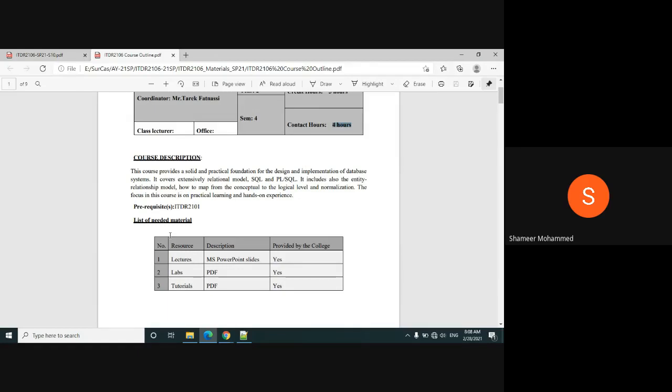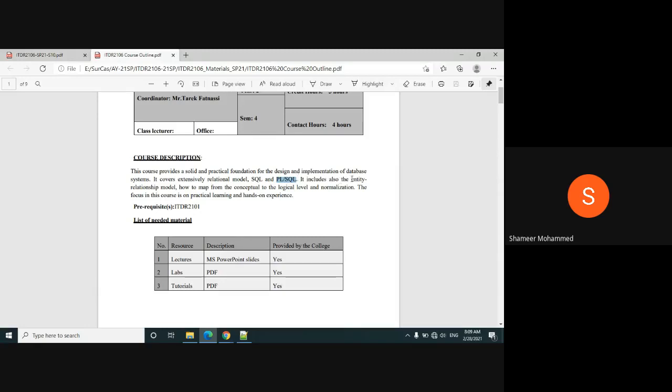This subject also covers how to do the modeling, that means the relational model. And it covers one language, the name of the language is SQL. Slowly, when we cover the lectures, we'll move to some other language known as PL/SQL. What are these? I will tell you later. So our course contains modeling, SQL, PL/SQL.